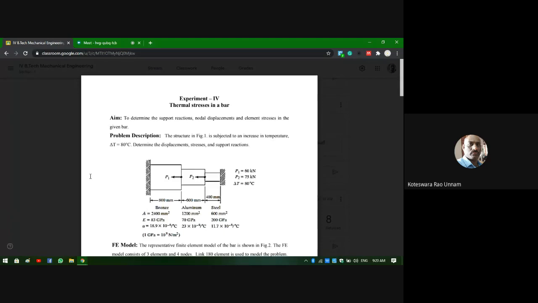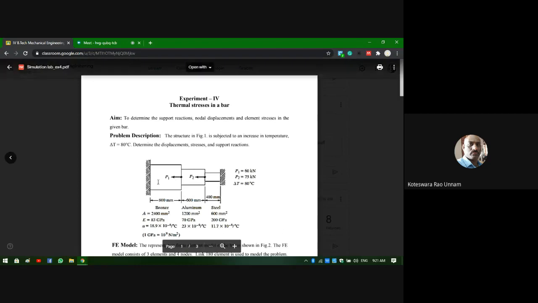Therefore, since the stress is constant for each section, it is sufficient to consider one element for one section. For bronze, one element. For the entire aluminum section, one element. Similarly, for the entire steel portion, one element.